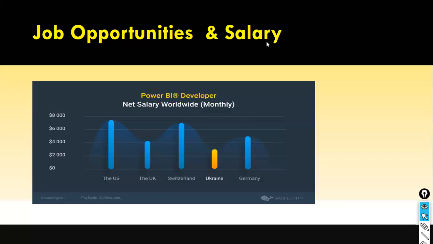Okay, and if you want to get into the IT industry from non-IT, this is the best way to learn Power BI because you don't have to do too much coding here. But most of them make a mistake. They learn Java and everything. They don't have any IT background.